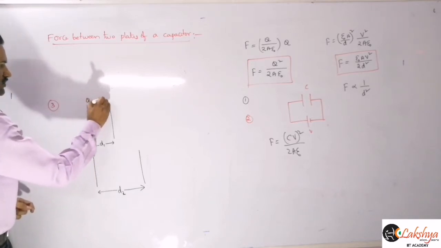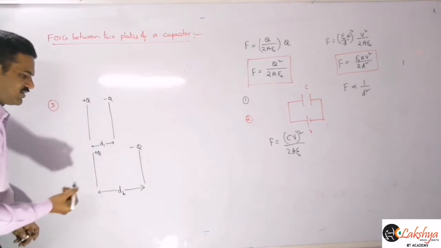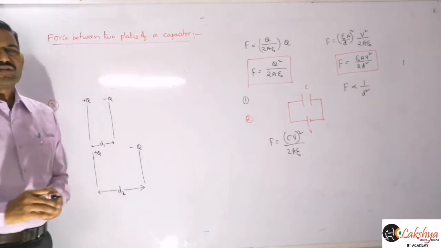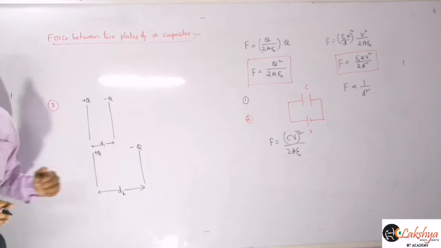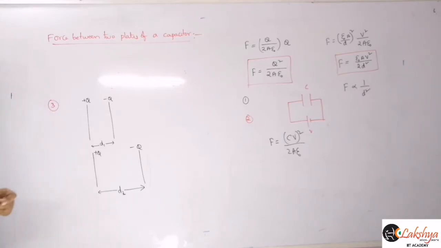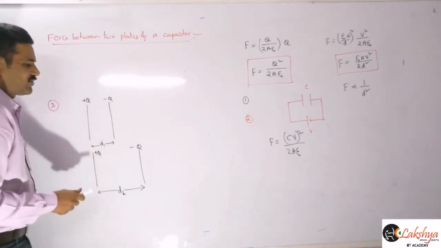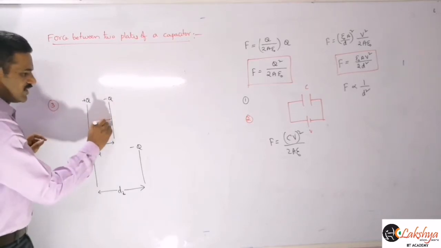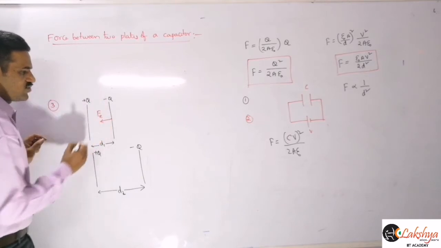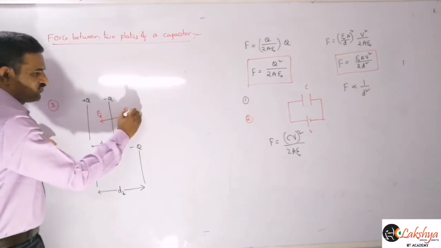So this is plus Q and minus Q, and this is also plus Q and minus Q. Charge on the capacitor will remain constant. Now the amount of work done we need to write here. How much work is required to increase the separation from D1 to D2? Can you say how to calculate this amount of work done? So now you can observe this in this case. In order to separate this, two forces are acting. One will be the attractive force, due to this electric field, and then we need to apply an equal amount of external force here, right?